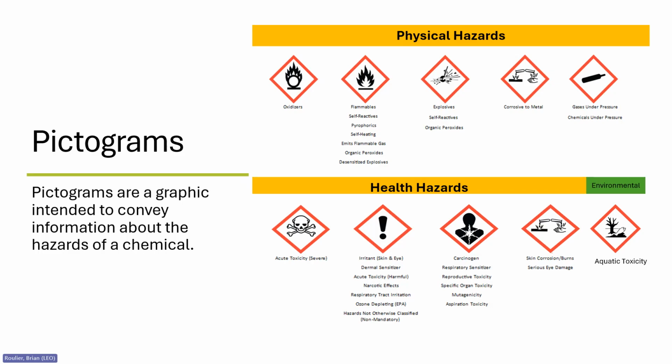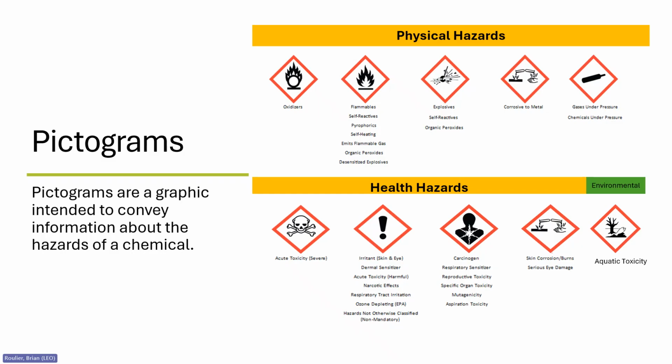For example, the test tube pouring on hands and metal may represent the chemicals corrosive to metal, corrosive to the skin, or corrosive to the eyes, or a combination of the three. It's important to reference the safety data sheet and other label elements to determine the specific hazards of the chemical. There were no new pictograms added in the newest update of the standard. However, there have been additions to what hazard classifications apply to the flame, exclamation mark, and gas cylinder.